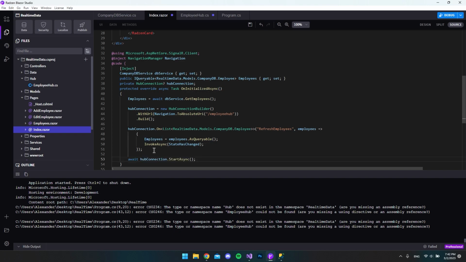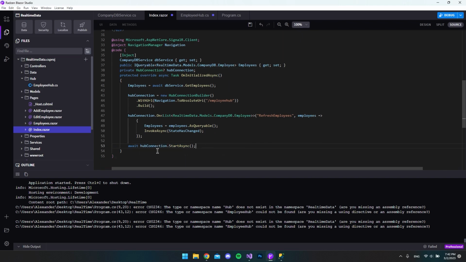So the last thing we have to do is to actually start the hub connection. So we say hubConnection.StartAsync, and then await it. So this should actually be it to listen to a hub if there comes any request with the name of RefreshEmployees. So what we have to do now is to go and actually create this push from the server